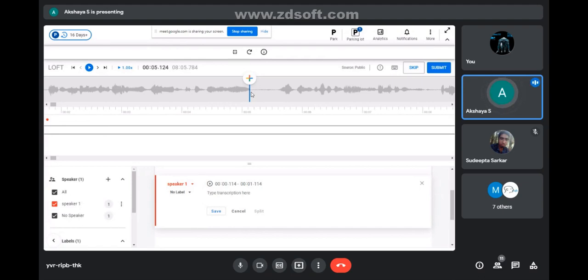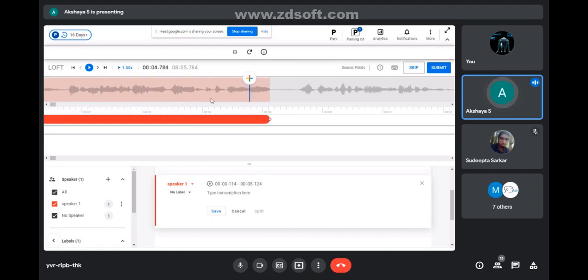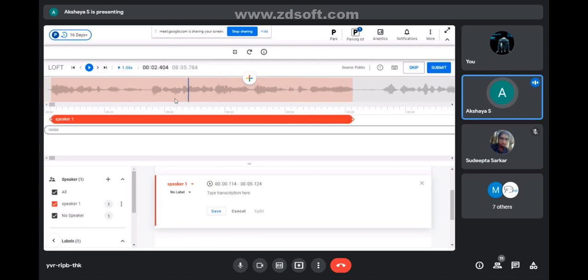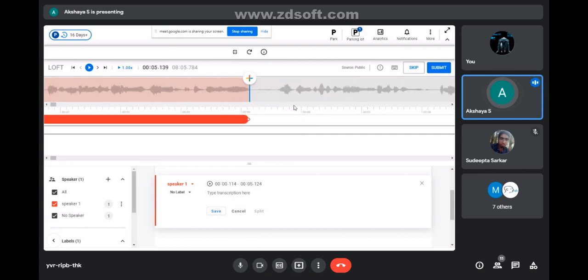For checking, there is a shortcut, right? I have already explained: Alt plus right arrow and left arrow. See, there is a 500 millisecond gap. So I need to cut the segmentation here. I made the segmentation from where exactly the speaker starts speaking to where exactly the speaker stops speaking. If you find a 0.5 second gap, see, I found the 0.5 second gap. That's why I ended this. I cut the segmentation here. After the pause, I'll start the segmentation here.